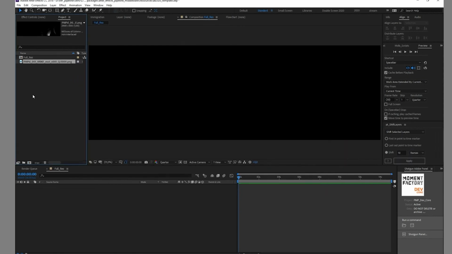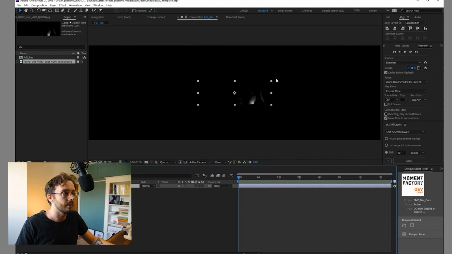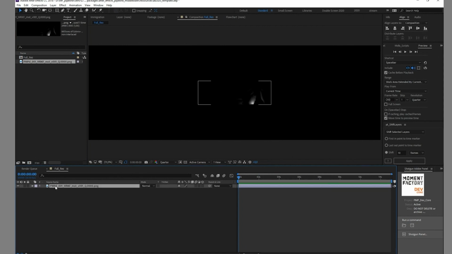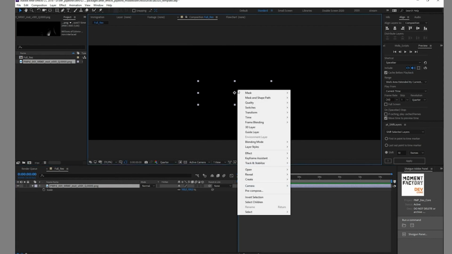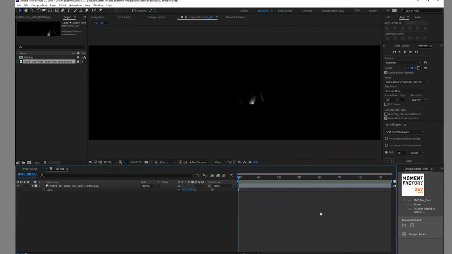Right now, of course, it's just one frame, so it's super fast, but imagine having, for example, a huge animation of 30 or 60 frames per second. You're going to have a lot of spare time to work with your quarter or your half res. Also, right now my scale is at 100%, but it's only covering a quarter of the resolution of my comp. That's normal. I could use a simple right-click, Transform, Fit to Comp, but what I'm going to use